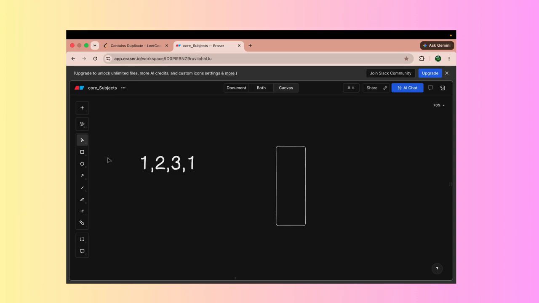No, it is not present in my set, so I will take this 1 and store it inside the set. Then I move to the next element.